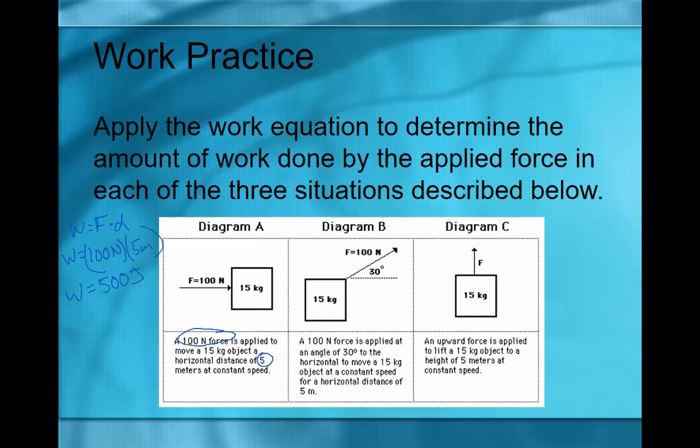Let's try B. Now this one's a little trickier because again, your force is not directly in line, so we can't use all of it. We're going to have to use our SOHCAHTOA in this particular case. We want to find out how much is in the direction of movement. We are again looking at an object moving at a constant speed for a horizontal distance of 5 meters, but we cannot use the full 100 newtons. So if we think about using SOHCAHTOA,